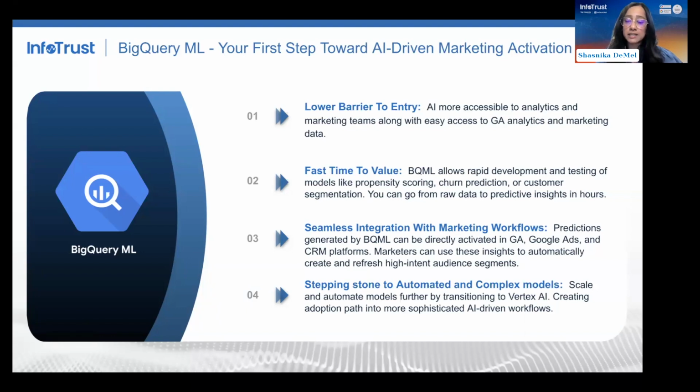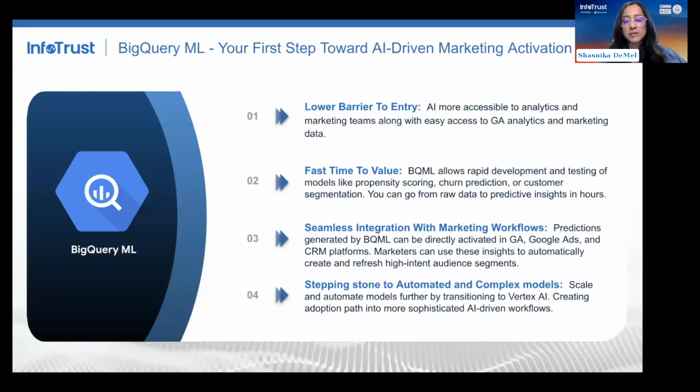And the last thing is it creates a natural bridge to more advanced modeling in the future. So think about it as your use cases mature, your BigQuery models can be scaled and automated and productionized within Vertex AI without the need for you to start building a model from scratch.